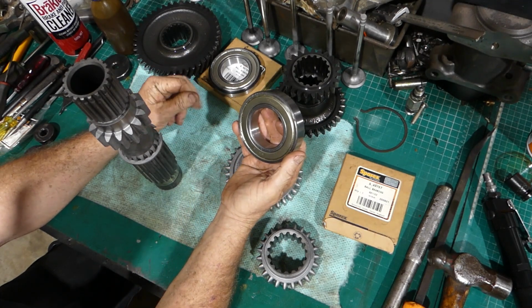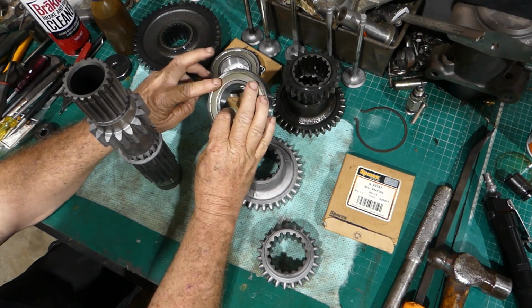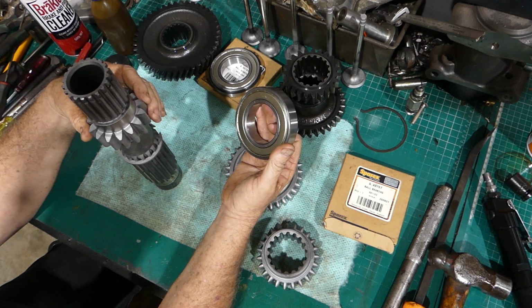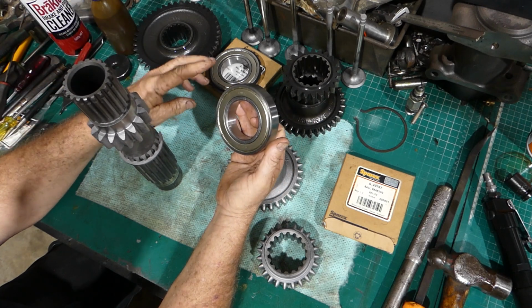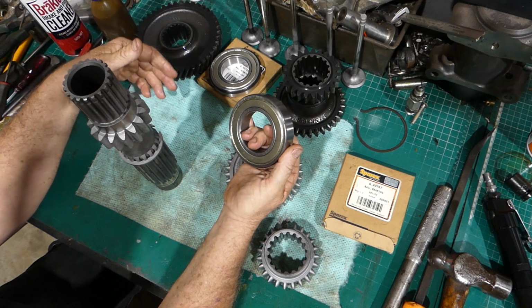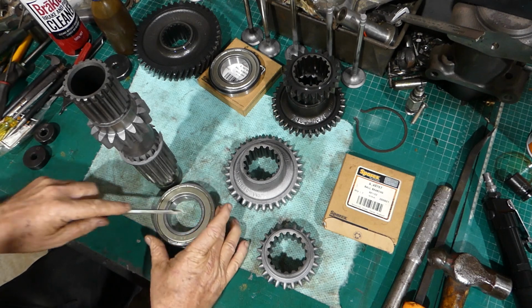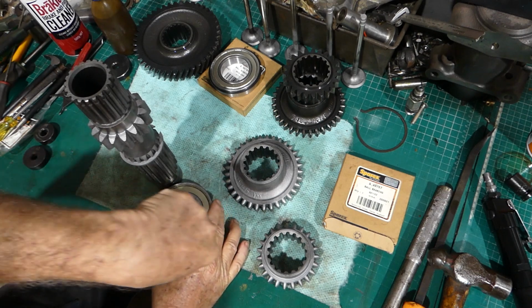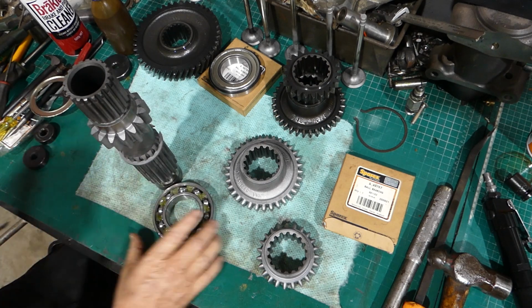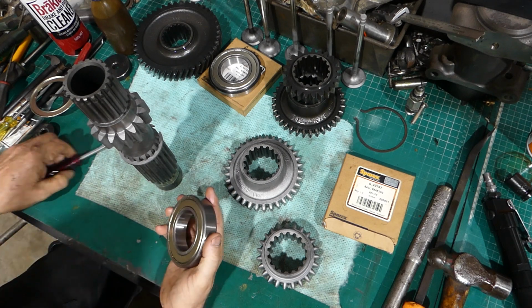Now, one of the bearings that I got out of the old box had one seal missing and one left in. The other box outside that I just pulled apart that had this on it had sealed both sides. I'm going to open them up and I'm going to let the splash feed from the gearbox lubricate them all. So I'm just going to hop in here, pop that out,